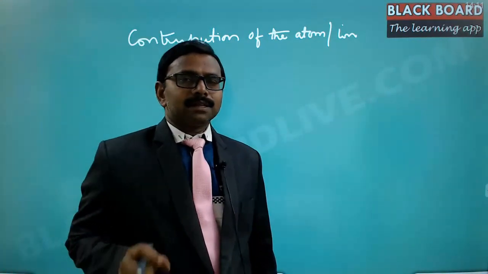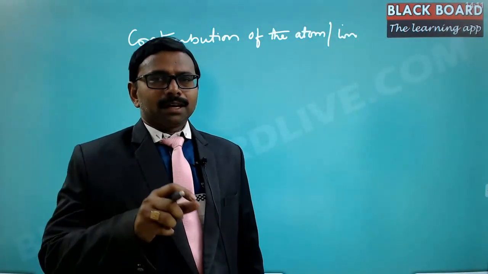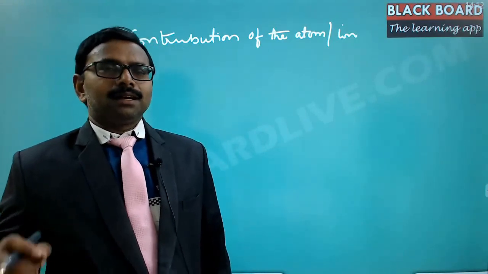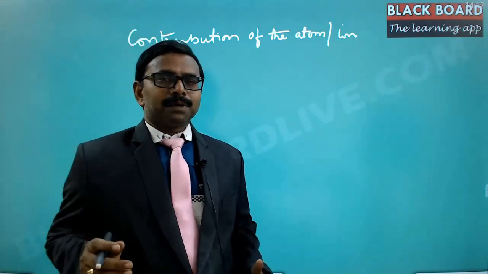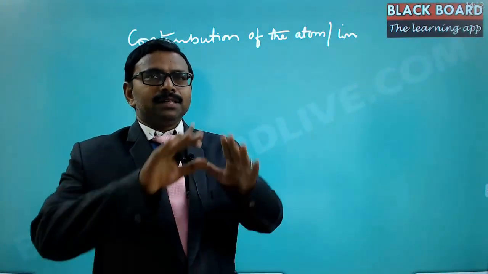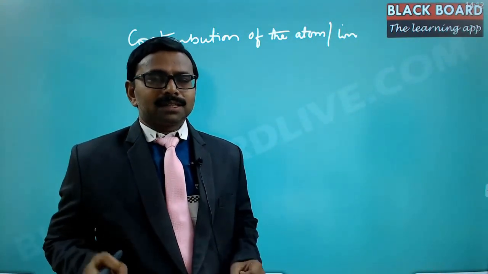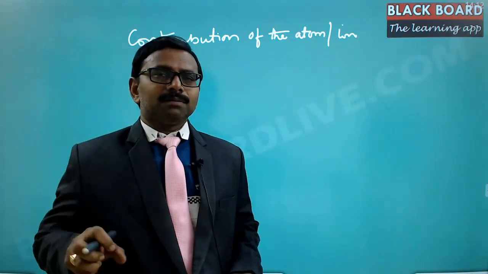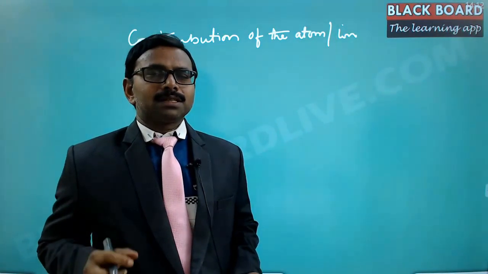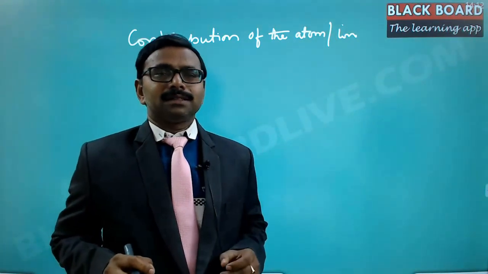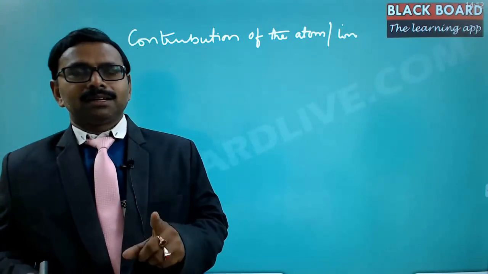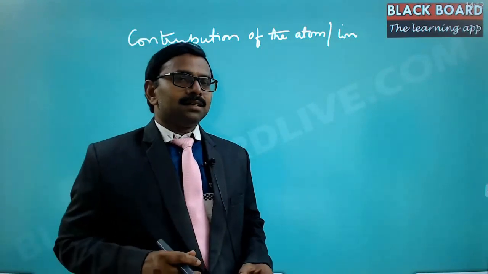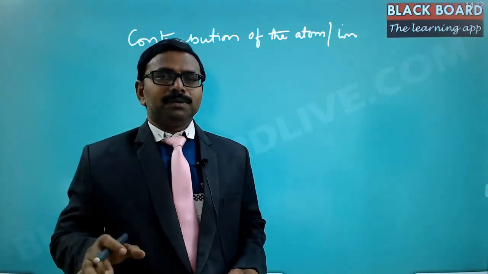In a unit cell, crystal points are present either in corners, or in face centers, or in body centers, or in edge centers. If an atom is present in the body center of a cubical structure, then the whole 100% of the atom belongs to that cube. So its contribution is said to be 100%, that is 100 by 100, 1. Contribution 1.